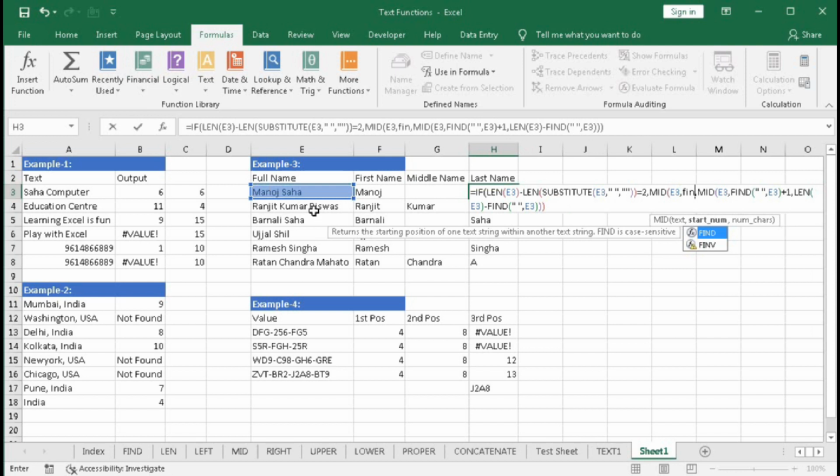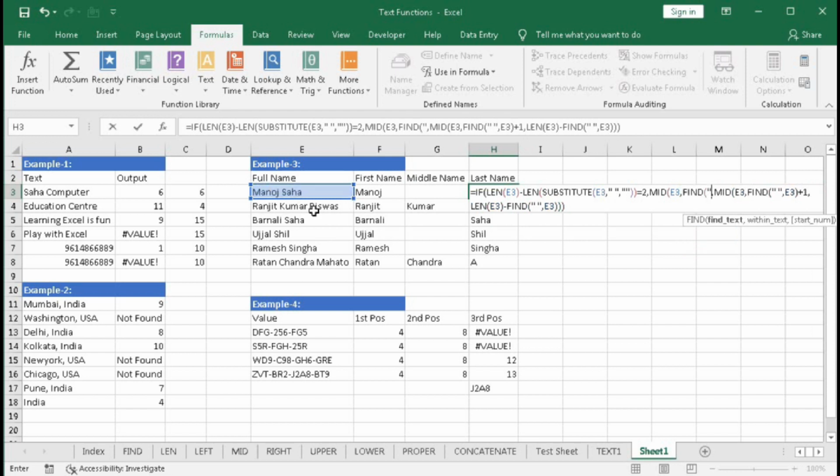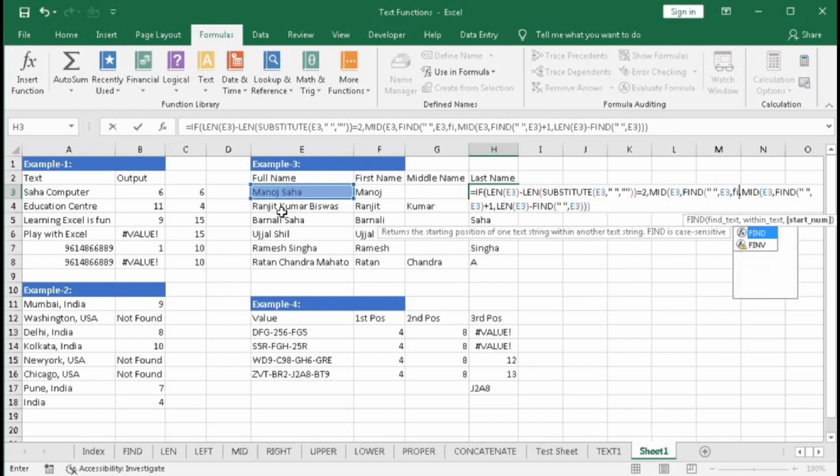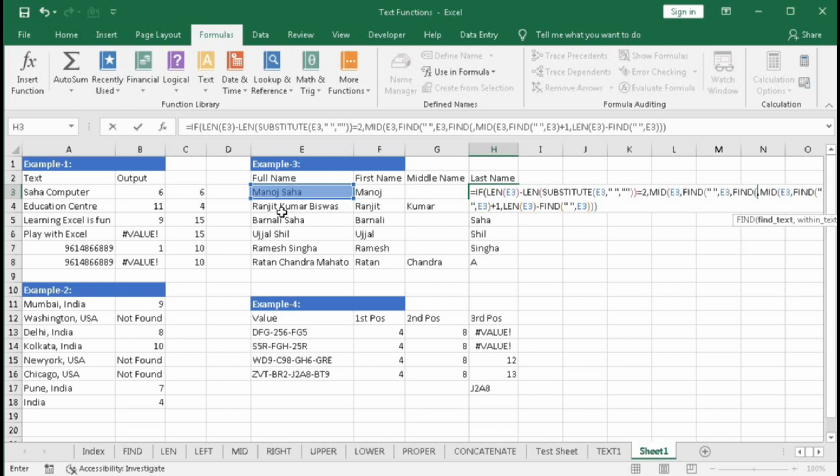So FIND space, comma, within text this cell, comma, starting number. So starting number should be after the first space. So to get the first space, FIND, then space, comma, text is this one, bracket close plus 1.